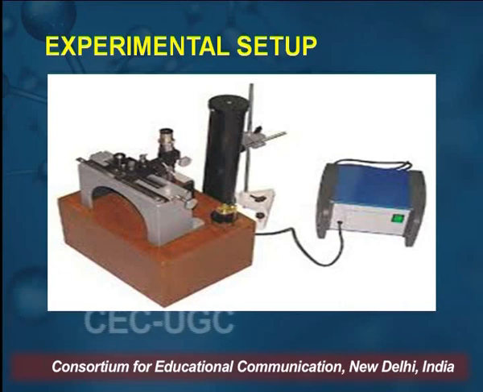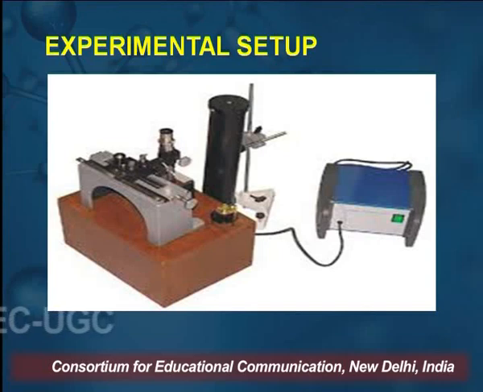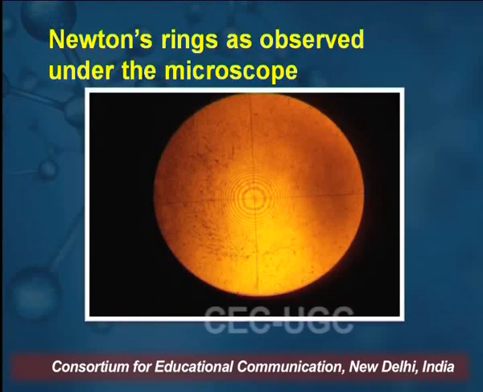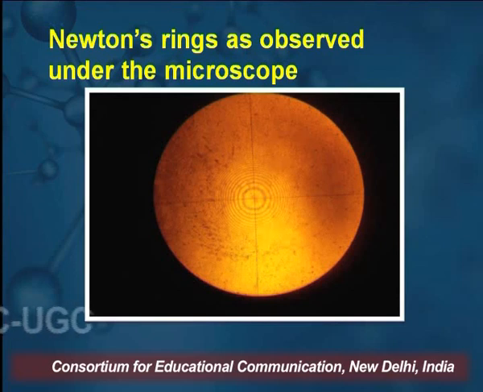And on the left hand side we see the arrangement of Newton's rings, where we have a plano-convex lens and the glass plate, and this is a telescope which can move here and there, so that we can get the exact position of the Newton's rings. Now you see that after moving this telescope, we can get this type of arrangement. This is the type of output we get from this experiment.